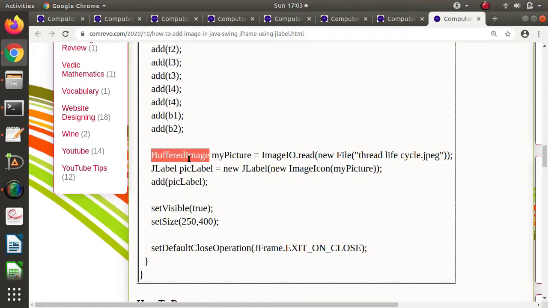Object of what? BufferedImage. And to create this object we need to call this read method. And how are we calling this read method? By using the ImageIO class. From the ImageIO class we are calling the read method, and here we are passing by using the File class.